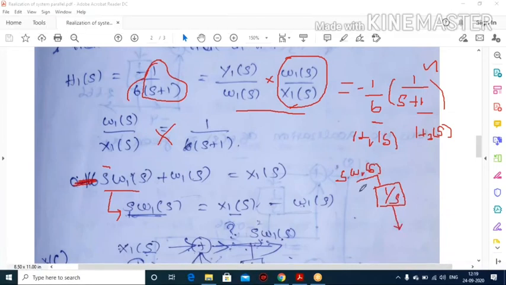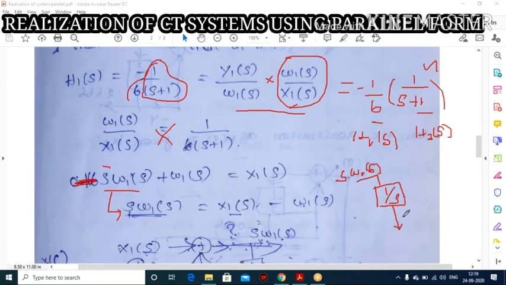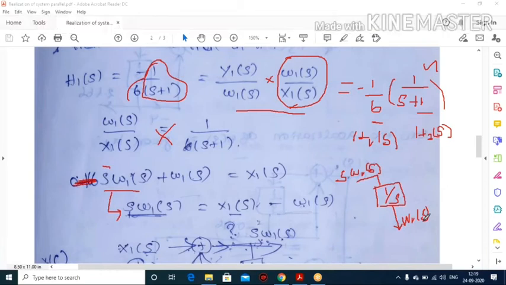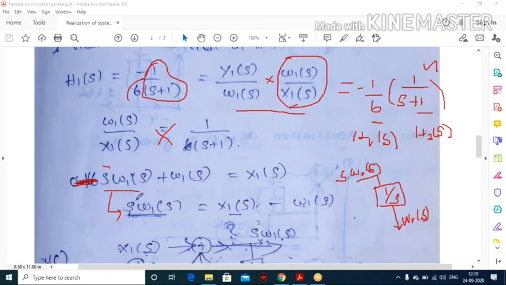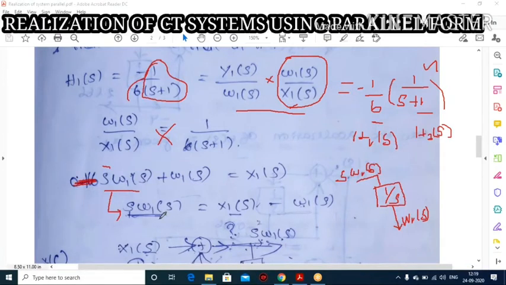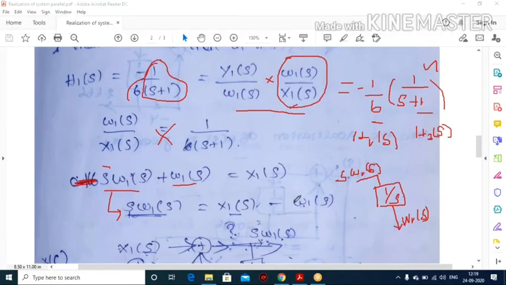Your output becomes, what will happen? This S and this S should be cancelled out, so you can get W1 of S. This is the rule for the integrator block. So for the integrator block, your input should be written like this only. The format should be S into W1 of S. Am I clear? Look at this expression. In this expression, I keep S into W1 of S as the left hand side, because this can act as the output value equal to X1 of S. So this W1 of S, when it comes to the right hand side, becomes minus W1 of S.